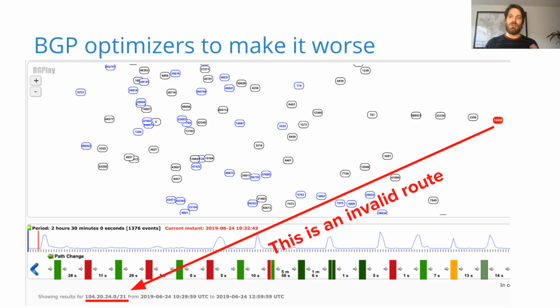This is a screenshot of BGP play, and you can see the /21 here. That route is invalid and not actually advertised by Cloudflare. If you see the timeline is slightly before the actual incident, you see nothing in the BGP routing table, and then suddenly this spike of BGP updates that contain that /21. That is when the incident happened. That is when that very invalid route suddenly reached into the default free zone.